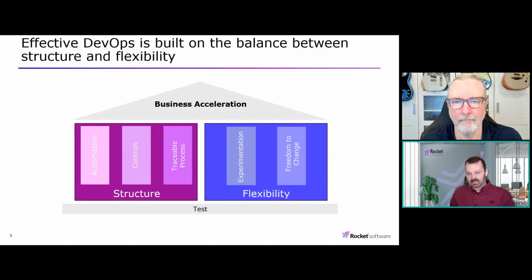DevOps is essentially a set of practices and tools designed to help integrate and automate software development and IT operations. I think everybody is probably familiar with that description. Its purpose is to provide a means for improving and shortening the development lifecycle. One thing to note is it's not cookie cutter and one size doesn't fit all. I've noticed this